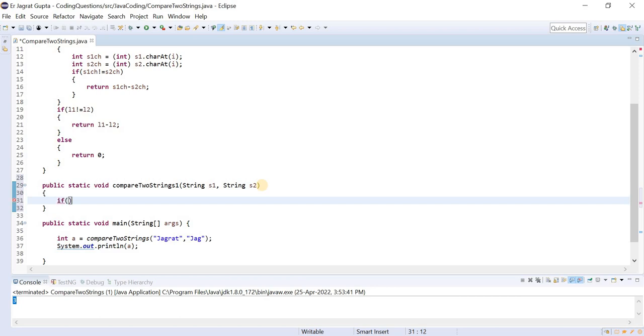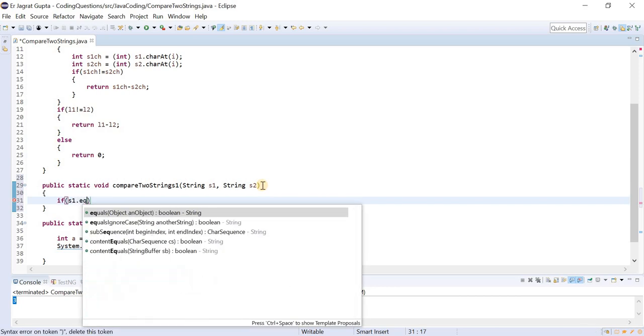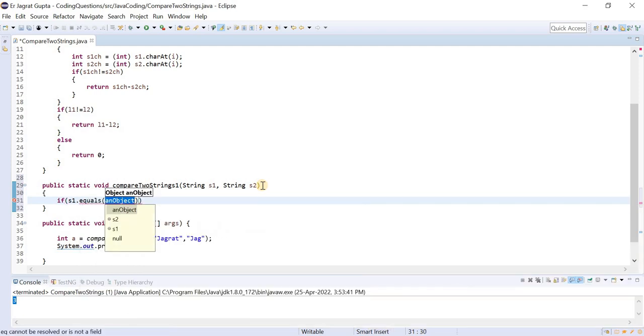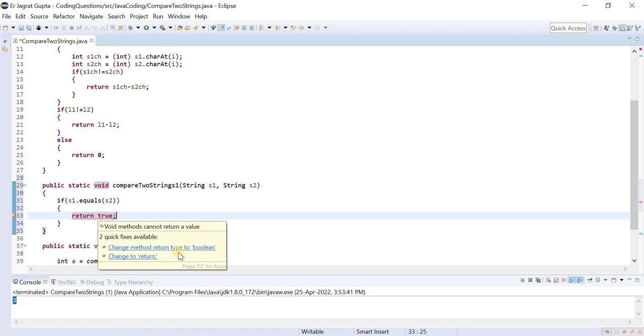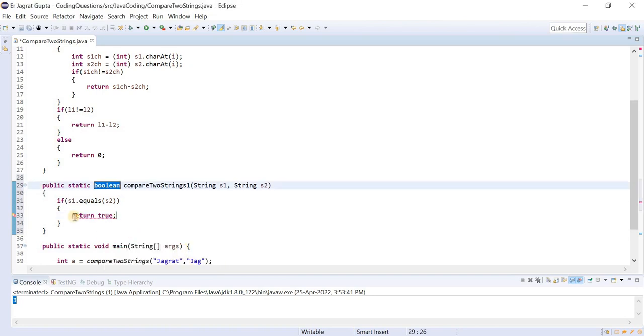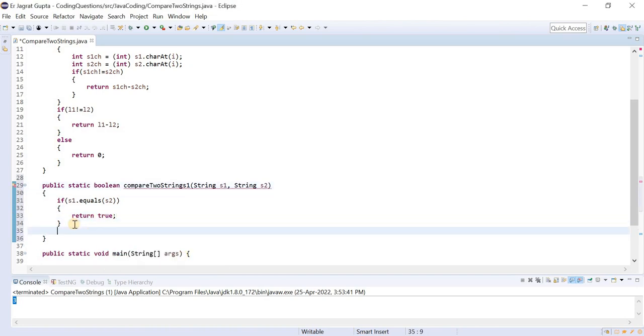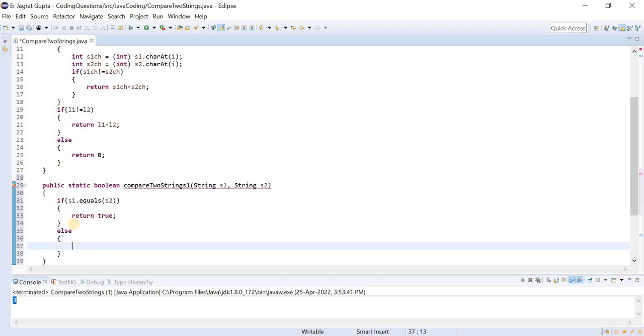I will write like this: if s1.equals(s2), then it will return true. Means if both are equal, then it will say that yes, strings are equal, else return false. That's it. This is the logic.